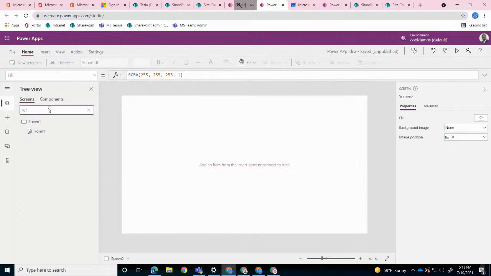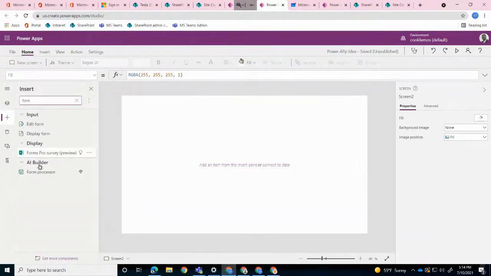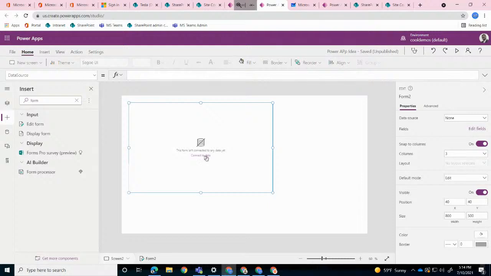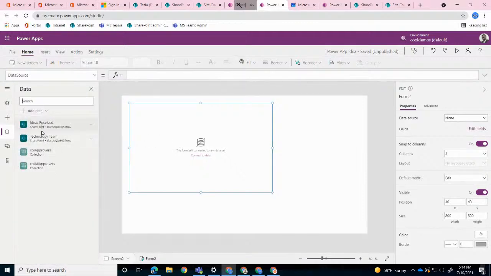You just bring in your form component, right? And I would just say an edit form, and it says, okay, where's your data source? If you point me to your data source, I can find all your columns for you. So I hit connect and say, okay, my data source is going to be